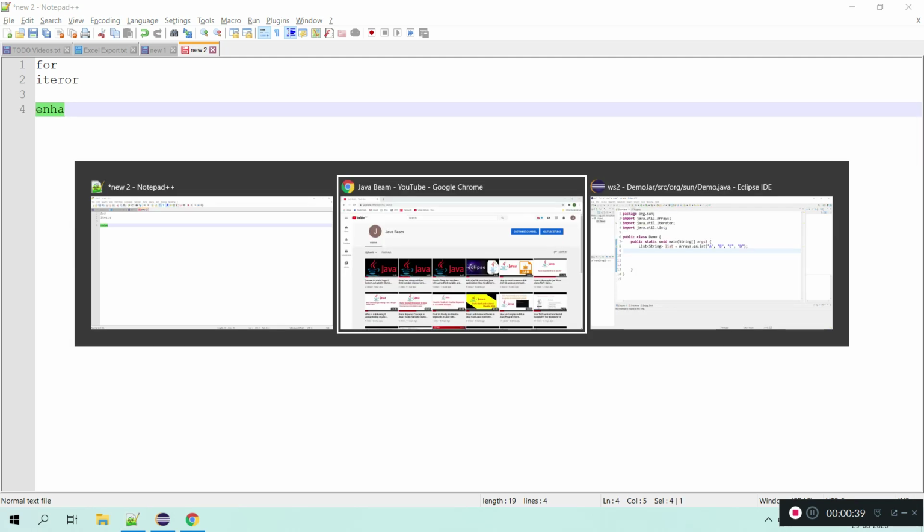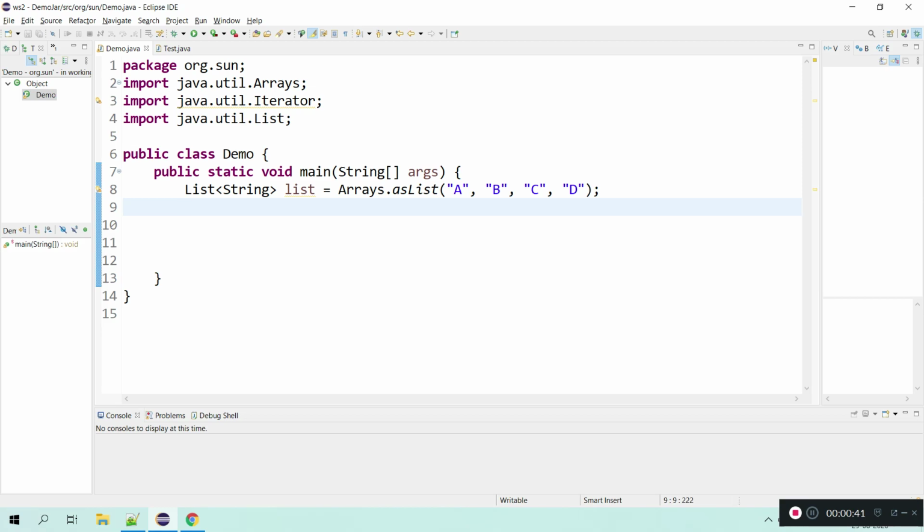So let me go to Eclipse and start writing the code. Here is my class Demo and my main method, and inside this I have a list of strings. Let me iterate using a for loop, an index-based for loop. So here is the definition.